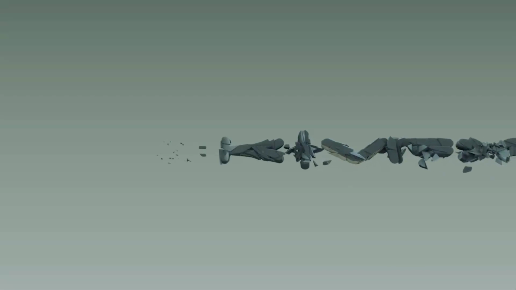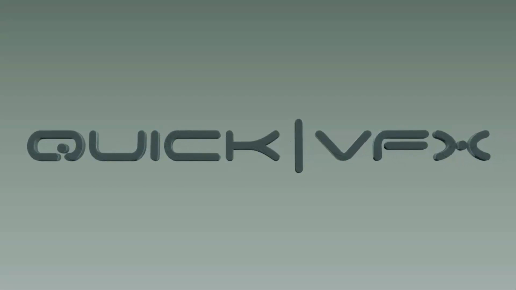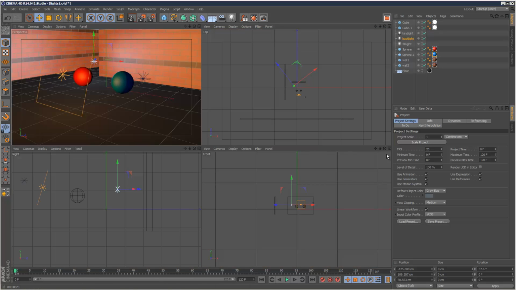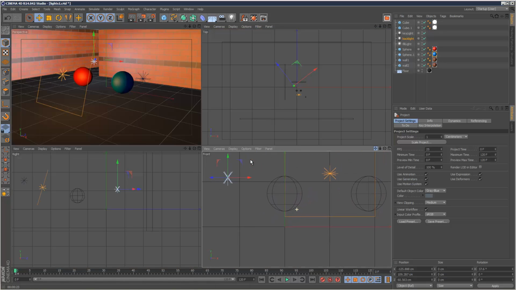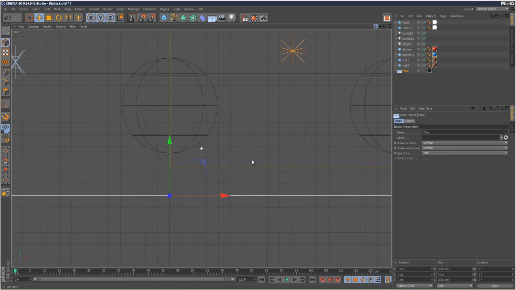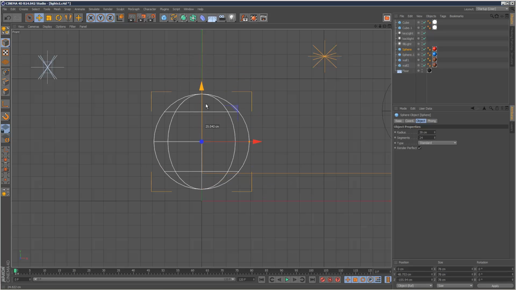So in the last chapter we went through casting shadows, and in this chapter I'm going to look at ambient occlusion. Now ambient occlusion basically works by calculating the distance between two objects. So in this scene I've got my floor object here. The way ambient occlusion works is, if I just move the sphere down,